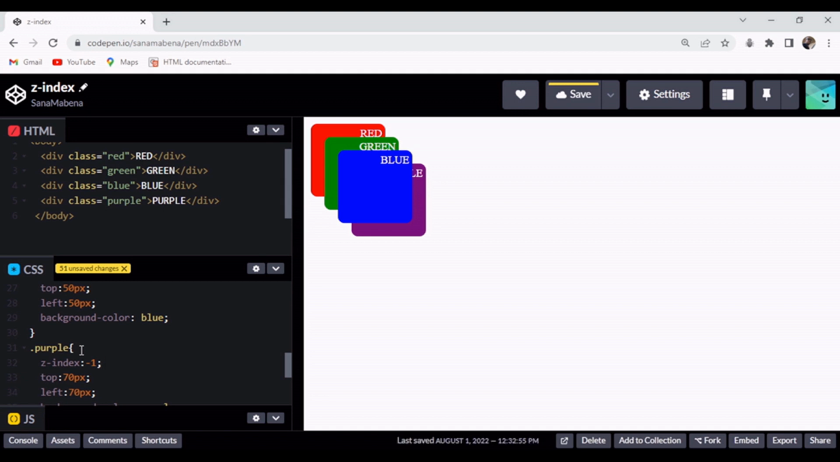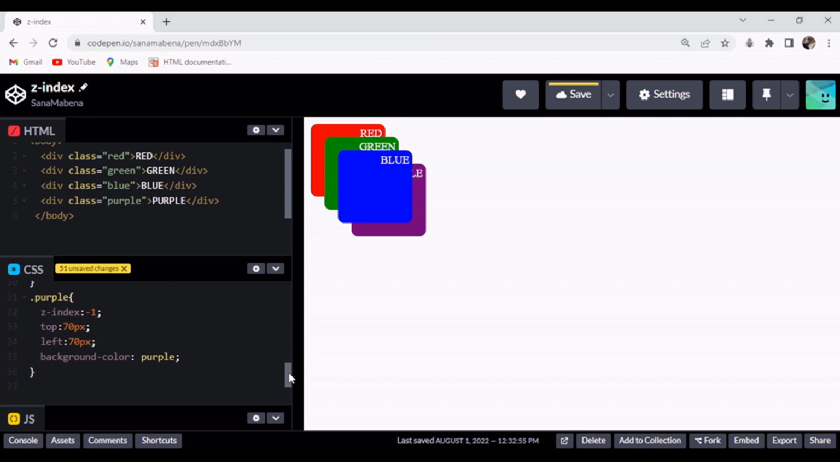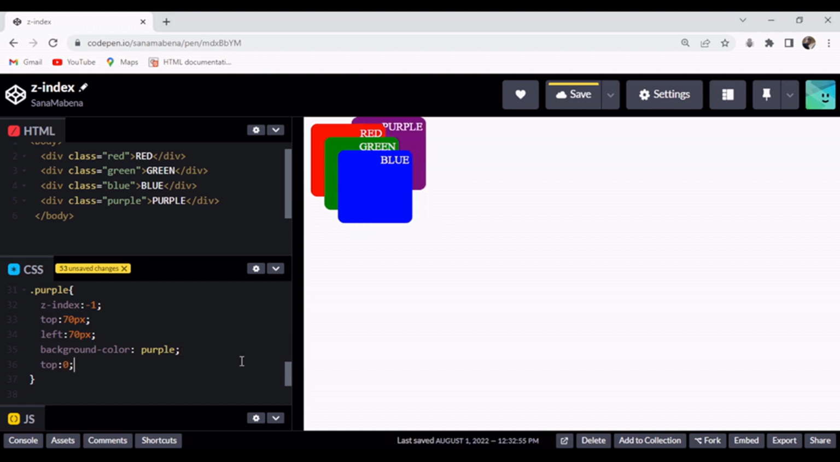So right now the Z index is behind, or at the bottom, so it is there behind all these divs. I can even, for example, if you want to have a clear view of this, I'll just move it, give it a 0 margin at the top. I'll say top 0. So you can see now that the purple div is behind all these other 3 divs, the blue, the green,